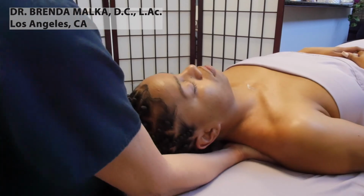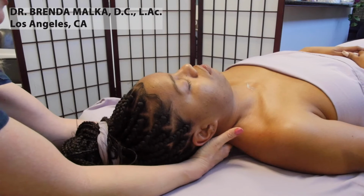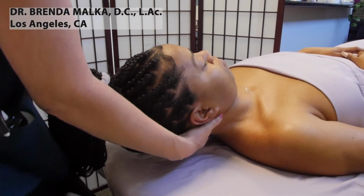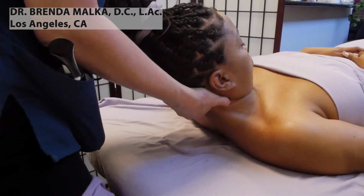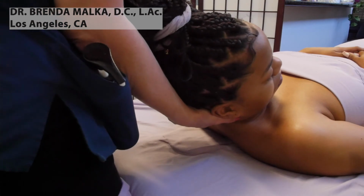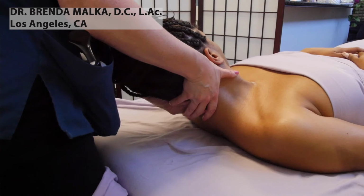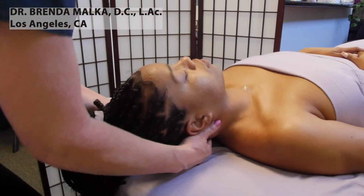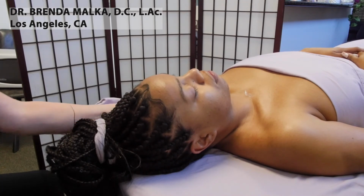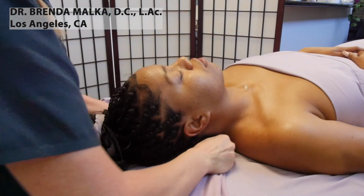Bringing the fingers underneath between the shoulder blades again. Pulling, pulling, pulling. Create some traction and then bend the neck into a nice stretch forward. Turning to one side and turning to the other side. And at this point, if your friend really likes the traction, we can put